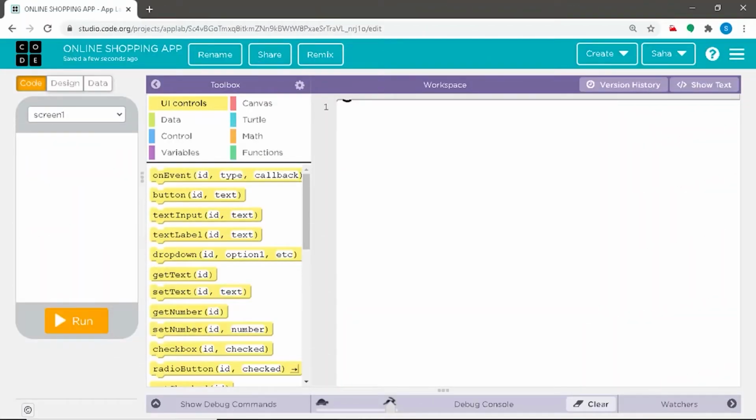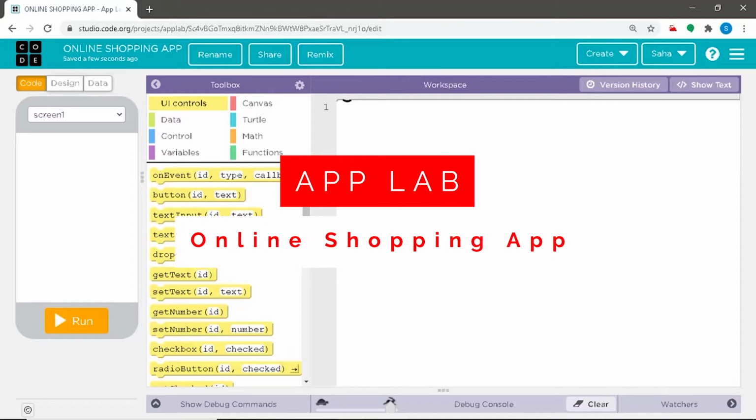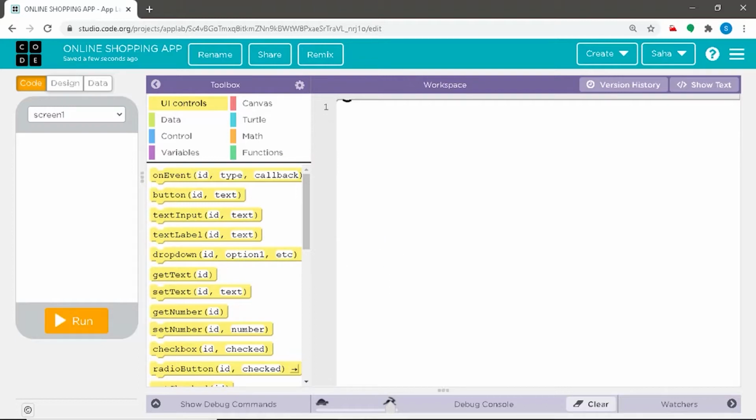As you can see, we are on the App Lab page of the code.org platform. So in this session, we shall be creating a simple online shopping app. As you know, there are already many online shopping apps prevalent in our app stores or play stores. We shall discuss how these online shopping apps are made and discuss the fundamental layout of how an online shopping app is. So in this session, we shall use very basic things and a fundamental layout for creating an online